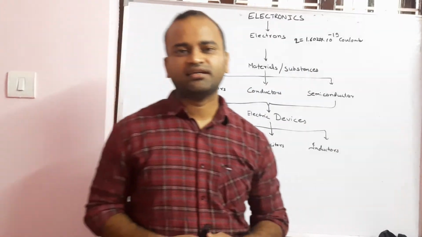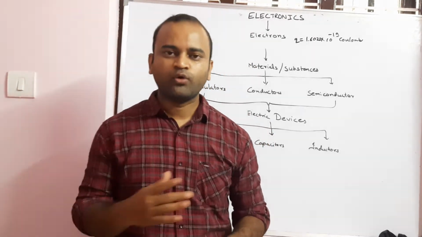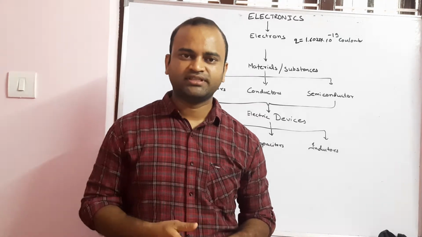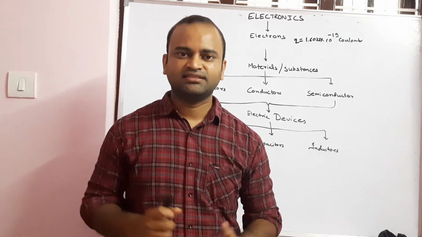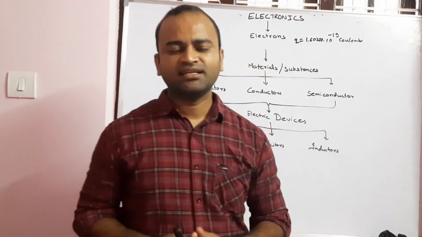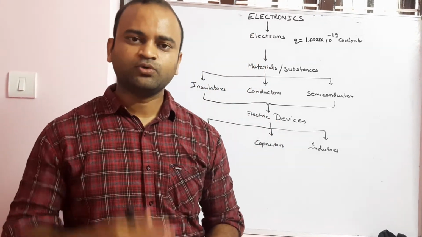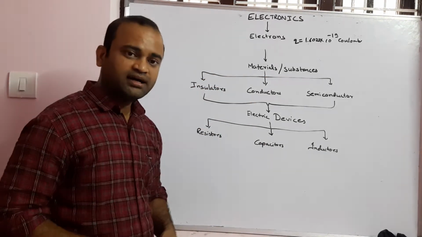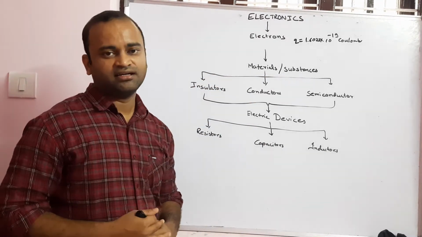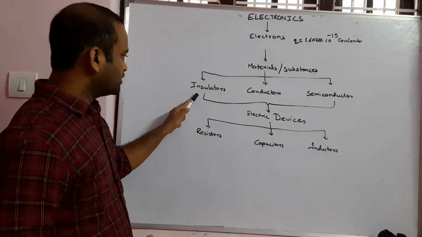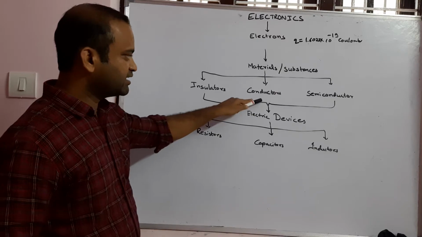When these electrons flow in a material, they form current. This flow of electrons in a material is nothing but electric current. Now the materials or substances are further classified in electronics terminology into electrical insulators, electrical conductors,